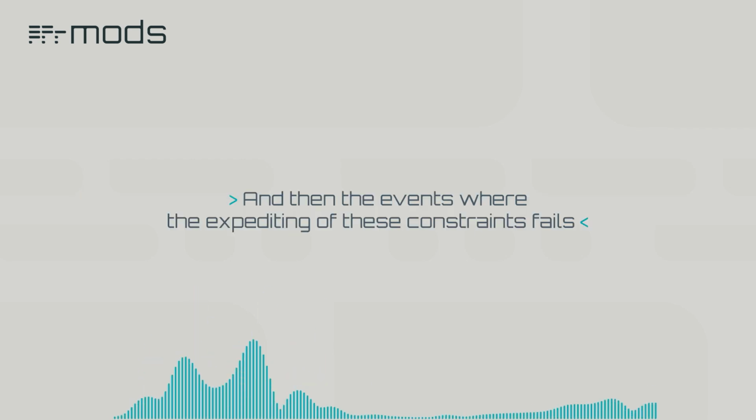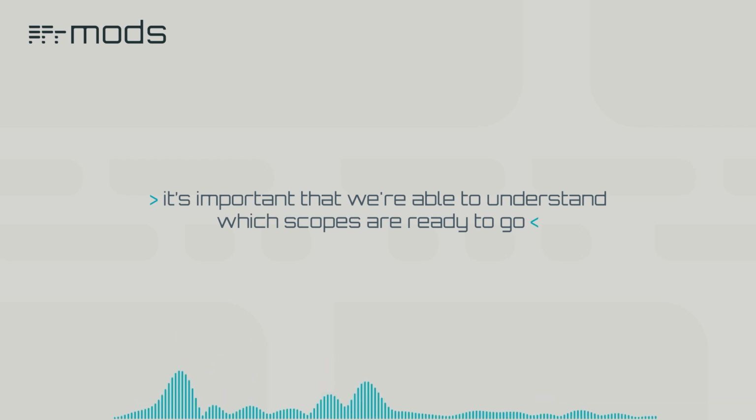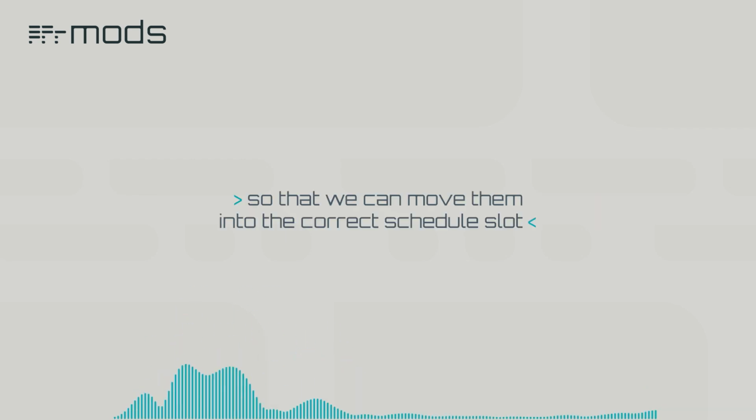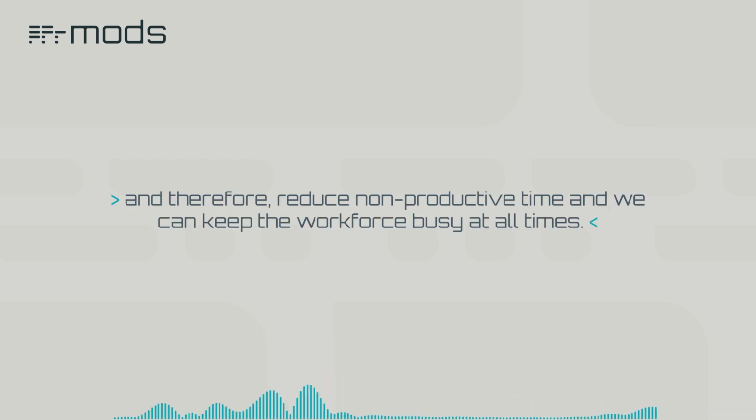In the event that the expediting of these constraints fails, it's important that we're able to understand which scopes are ready to go so that we can move them into the correct schedule slot and therefore reduce non-productive time, and we can keep the workforce busy at all times. Now,